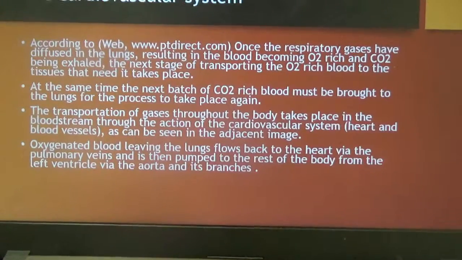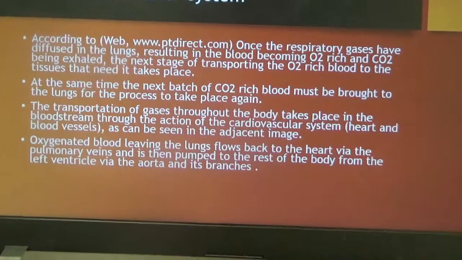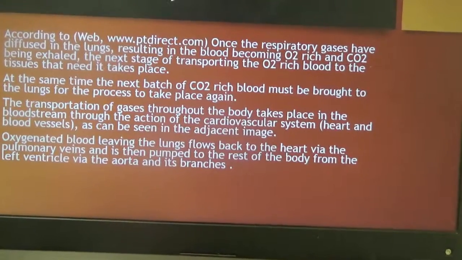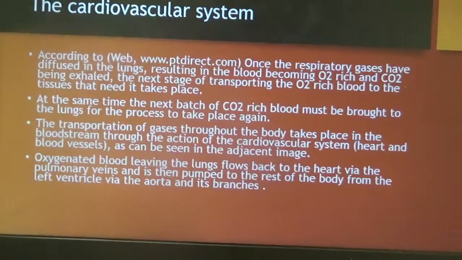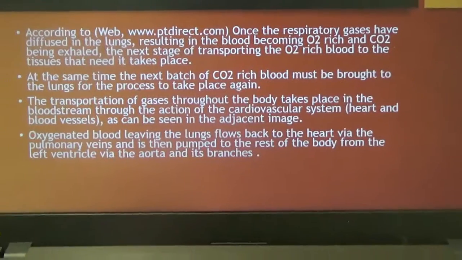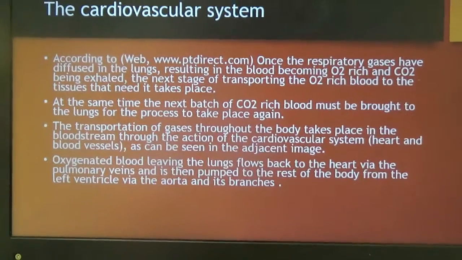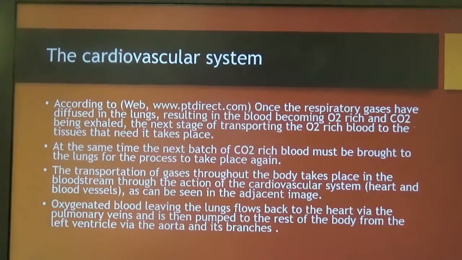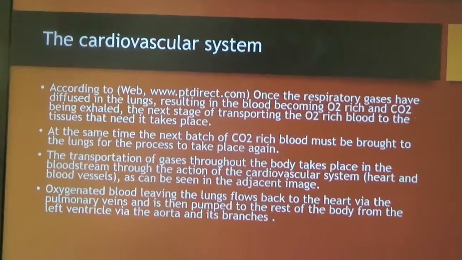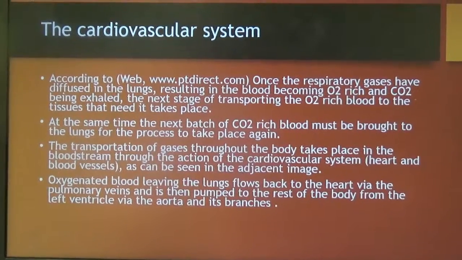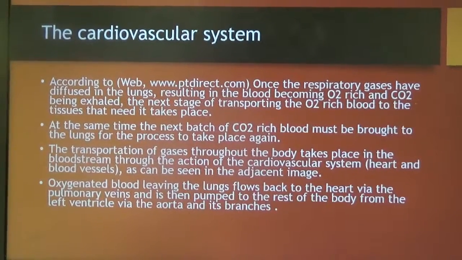According to the web, once the respiratory gases have diffused into the lungs, resulting in the blood becoming oxygen rich, the carbon dioxide is exhaled. The next stage of transporting the oxygen-rich blood to the tissues that need it has to take place. At the same time, the next batch of blood must be brought to the lungs for the process to take place again. The transportation of gases throughout the body takes place in the bloodstream through the action of